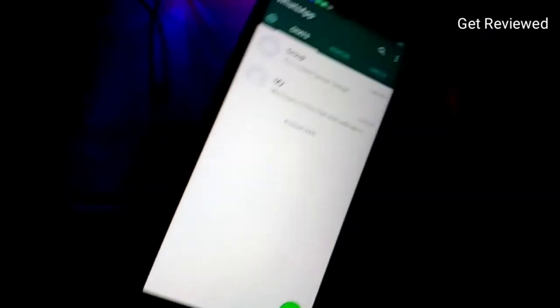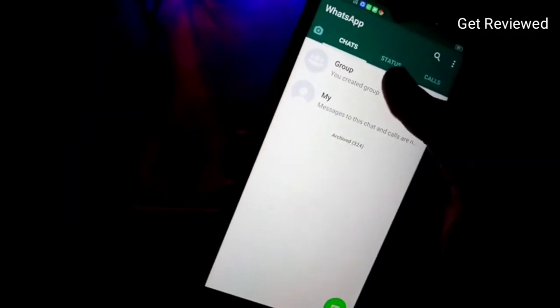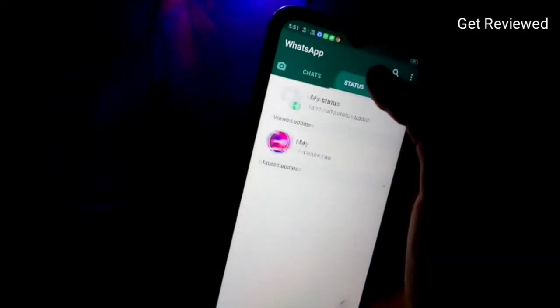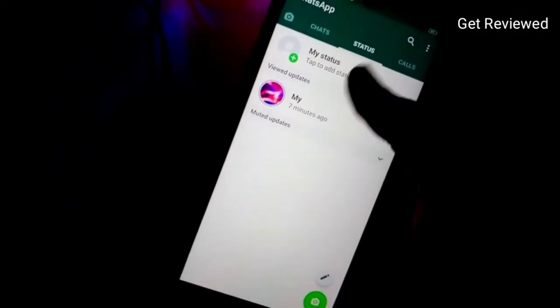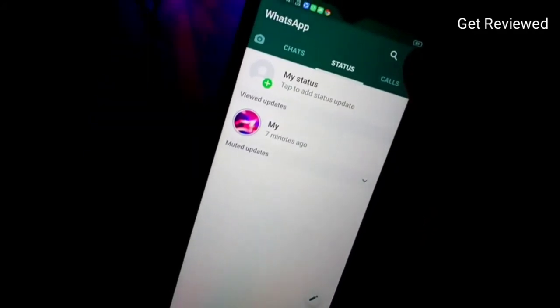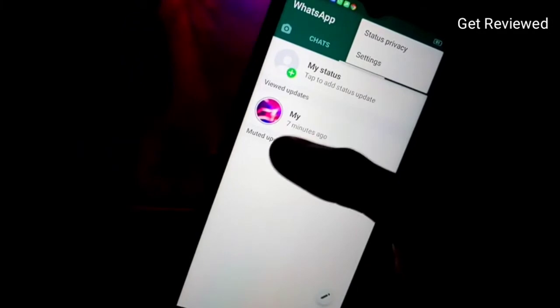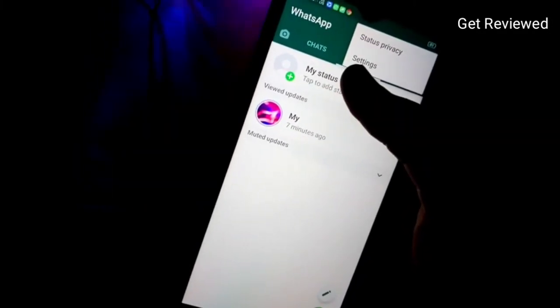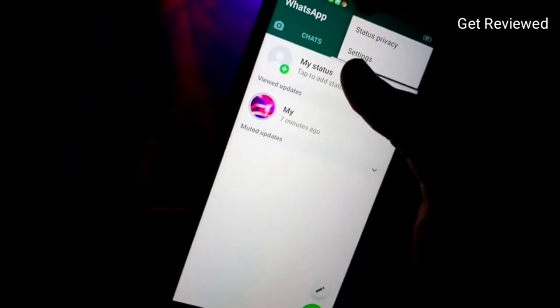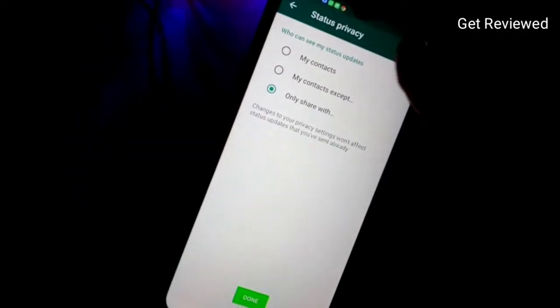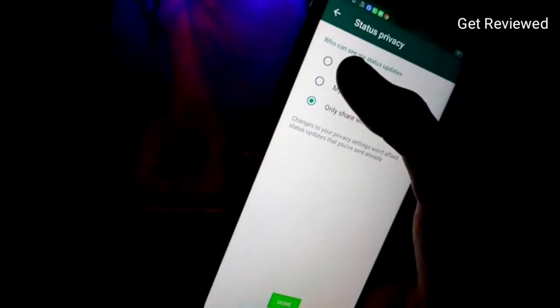The next trick is available in your status. The feature is that if you want your particular status to be seen by a particular person, you can do it in the status privacy.